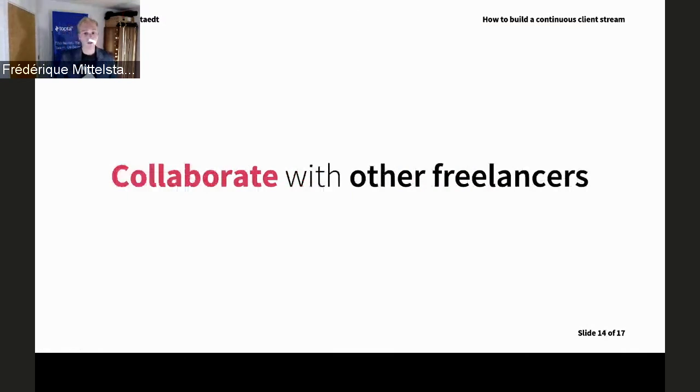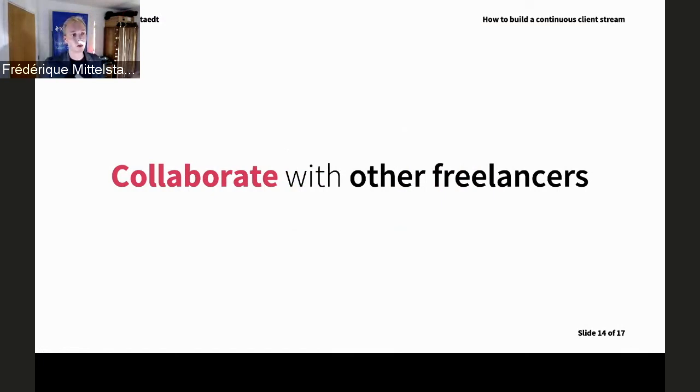One final option is to collaborate with other freelancers. You obviously don't have to do this alone. We're all trying to do the same thing essentially in our specific niches, and often we get asked to work on bigger projects that might be too big for what we can individually handle, or where we don't have the expertise to actually deliver the entire project. So if you make friends with other freelancers who have complementary skill sets, for example, a software engineer, a designer, a marketer, a copywriter,